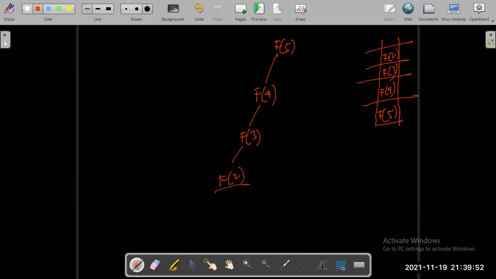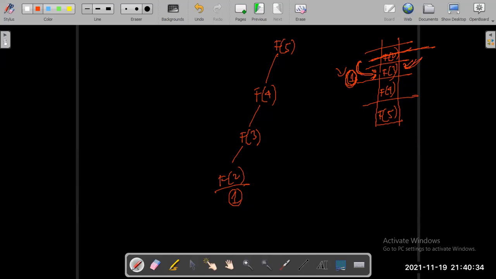Okay, so now this value is fixed to be 1. It will never change. It's already calculated to be 1. It returns a value to its previous function call, that is 1, and it gets popped out. Popping out means its execution has completed. It returns the value 1 to the immediate previous element inside the stack. Once it is popped out, what is the top of the stack that remains? That is f of 3.